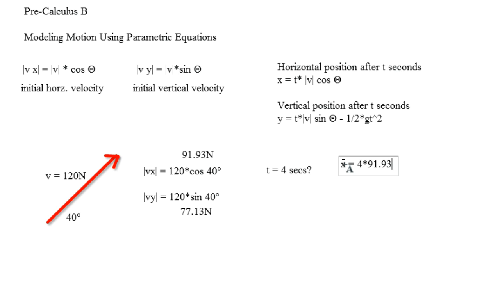Okay, so this is going to be 4 times 91.93. Okay, so that's going to be 367.72. Okay. And then y is going to be 4 times 77.13 minus